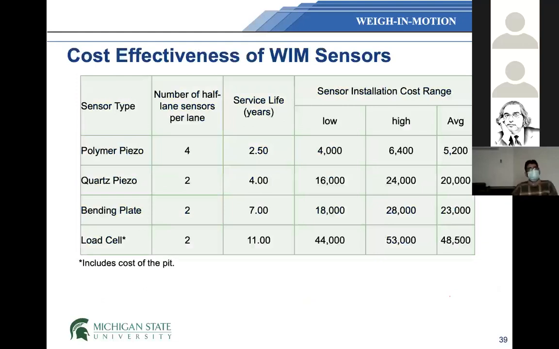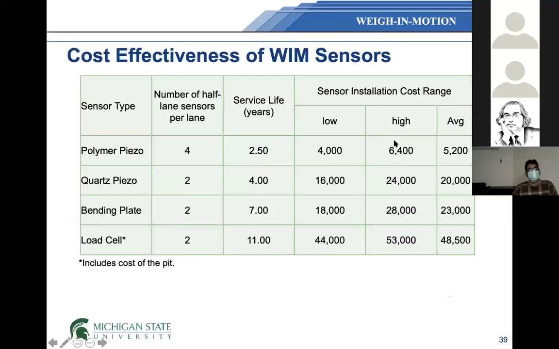Okay, so I want to just show some more practical data. So we talked about piezo cables, which is a piezo sensor, quad piezo, bending plate, and load cells. This is the expected life of these sensors from historical data in the US. So piezo cable will last about 2.5 years. Quad piezo has an expected life of 4 years. Bending plate has an expected life of 7 years. And then load cell has an expected life of 11 years. Also, we have the